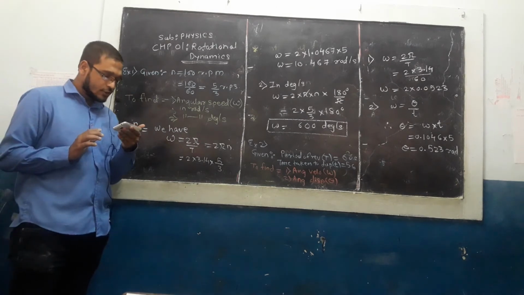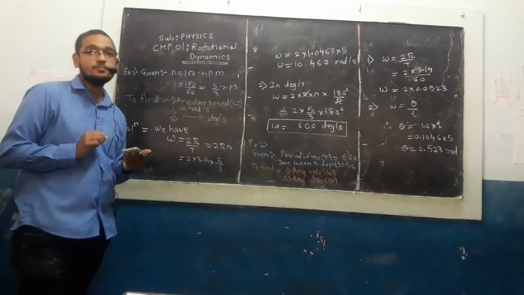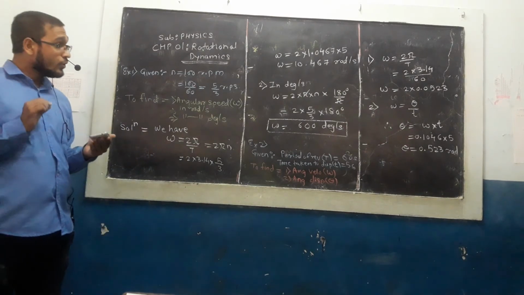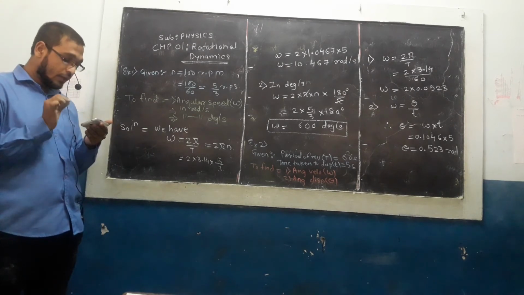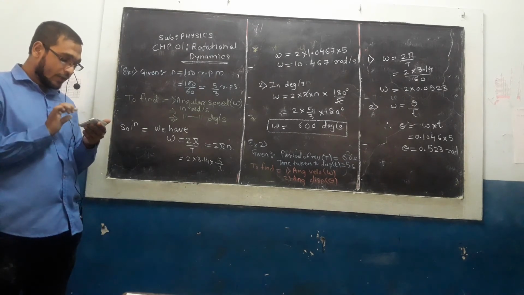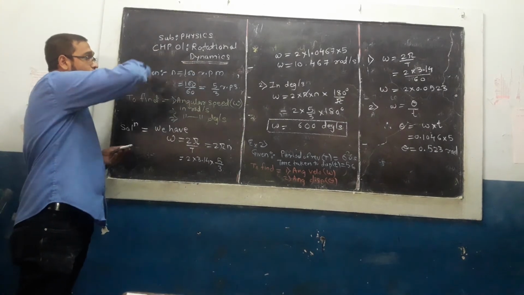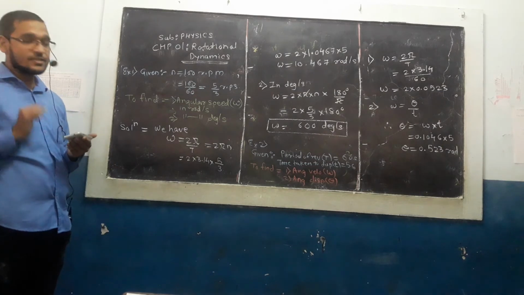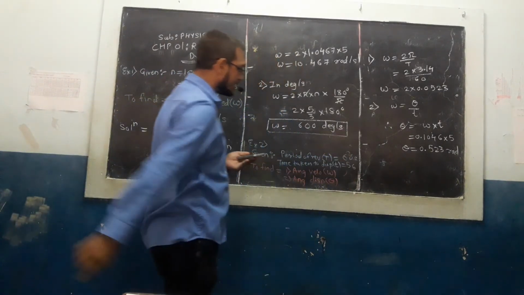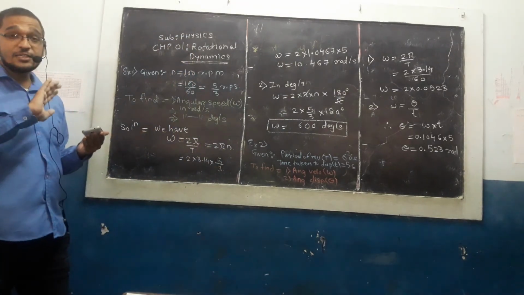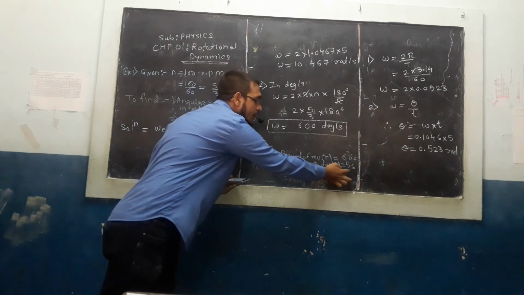Find the angular velocity and angular displacement of the second hand in 5 seconds. We have to calculate the angular speed of the second hand of a clock in 5 seconds. Okay. So here, the total time required by the second hand to complete one rotation is nothing but 60 seconds. So T, capital T, is equal to 60 seconds. Okay, and it has displaced for how many seconds? 5 seconds. So time taken for displacement is 5 seconds.